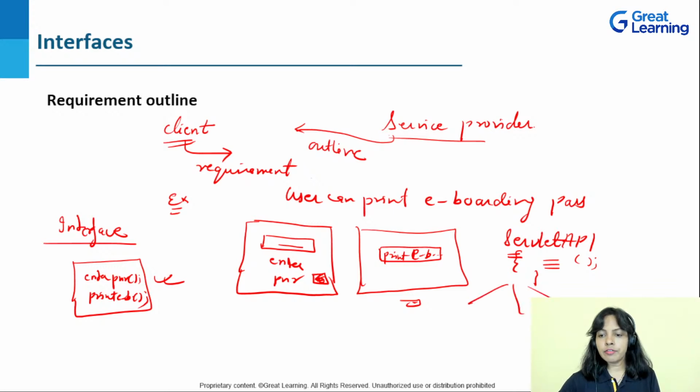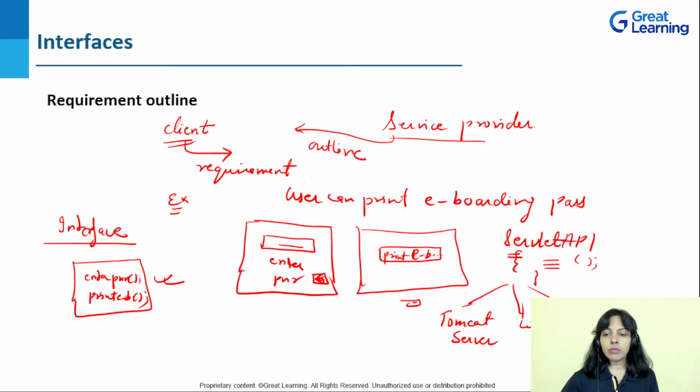Later on, this interface is used by many other classes. One example is the Tomcat server. Another is that there can be many other servlets which make use of it depending upon their own requirement or their own functionality. Another one can be the WebLogic server, and similarly others are there, guys.